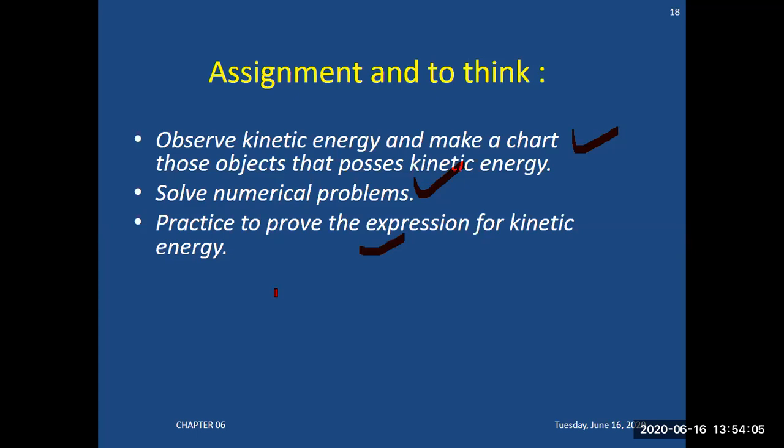Once more, draw a neat and clean diagram to explain how the velocity is changing after application of a force. An object is covering some displacement, so some amount of work is done. Basically, you are using a formula to calculate the amount of work done, and at the end you get half mv square, which is the same as the formula to calculate kinetic energy. So this shows that the energy of motion of any object is kinetic energy.